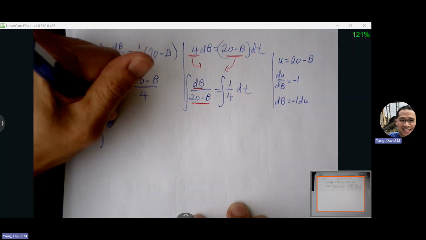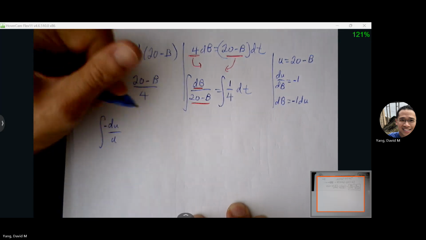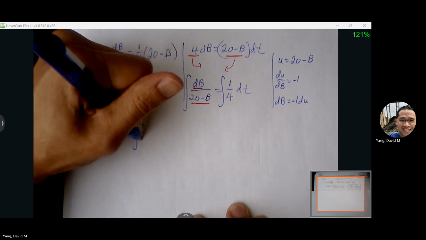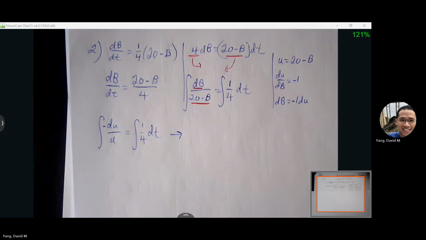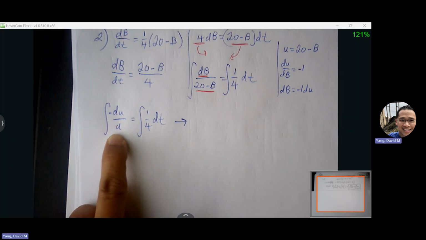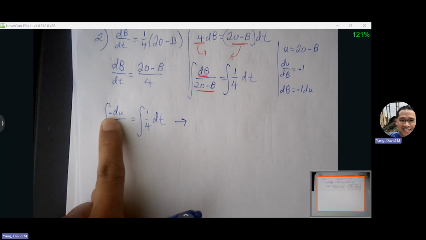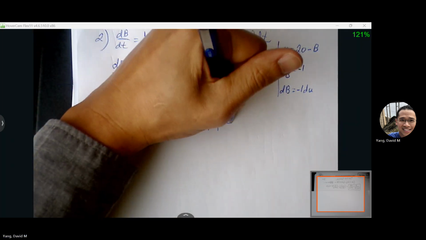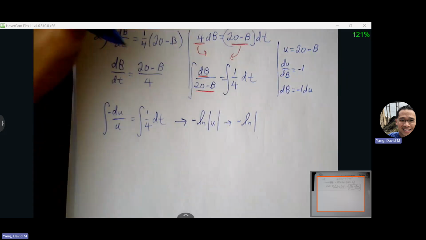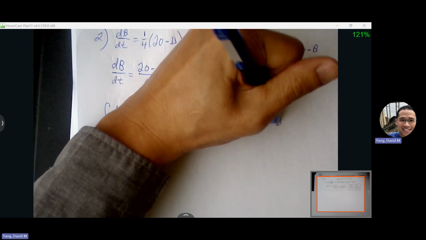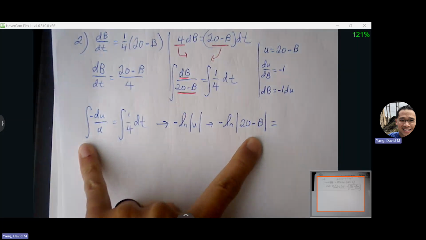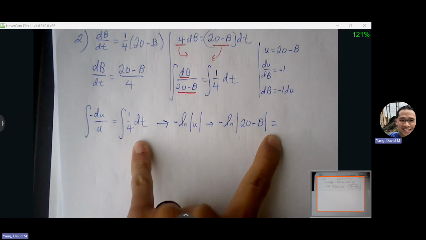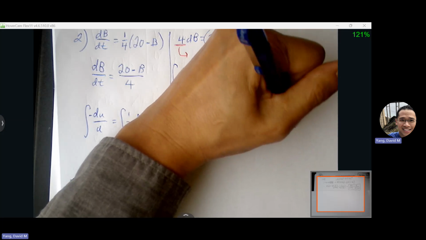Okay, make my substitutions. One over U du is just natural log absolute value of U, but we have to carry that negative through. So negative natural log absolute value of U, which turns into negative natural log absolute value of 20 minus B. So that's the antiderivative of 1 over U du. And then 1/4 dt just becomes 1/4 t plus